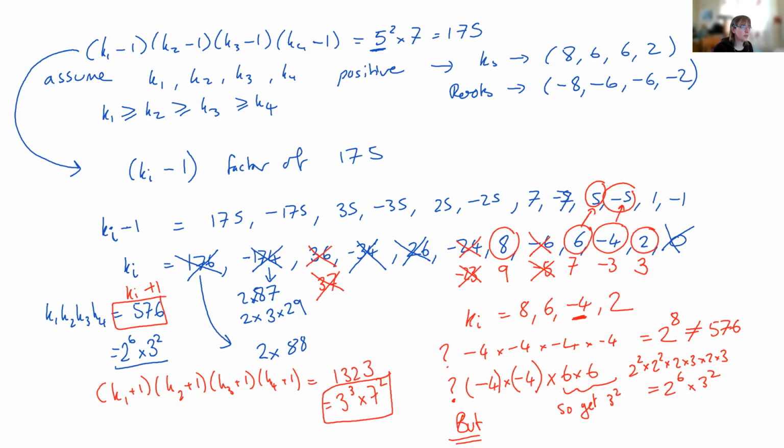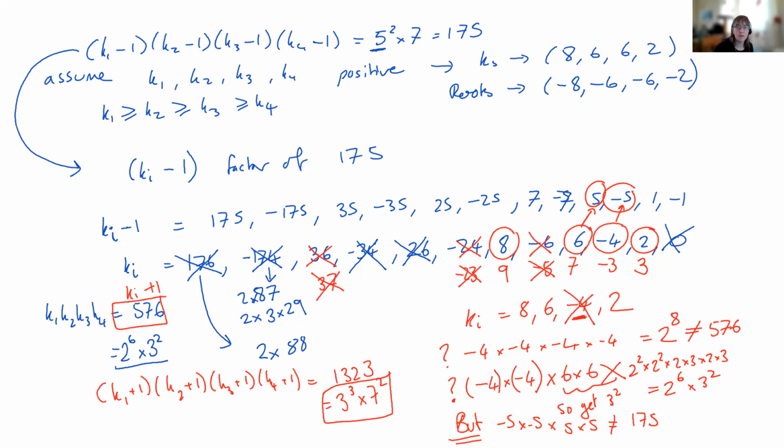If we do minus 4 minus 1, so minus 5 times minus 5 times 5 times 5 is not equal to 175, because we don't have the factor of 7 in there. So this is also not possible. So that means that the minus 4 cannot be used. 8, 6, and 2 are the only possible roots, and therefore